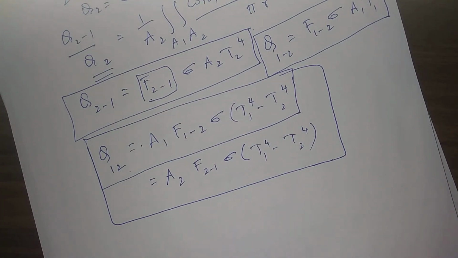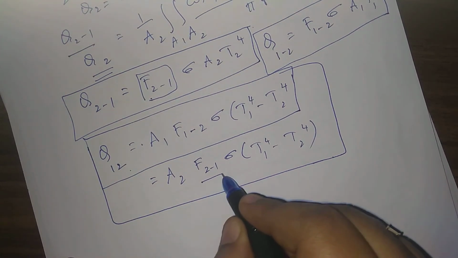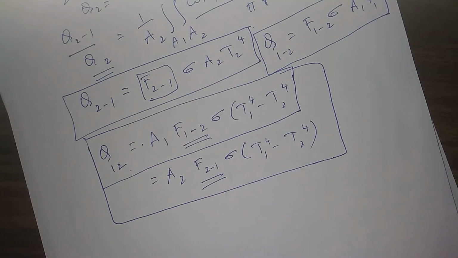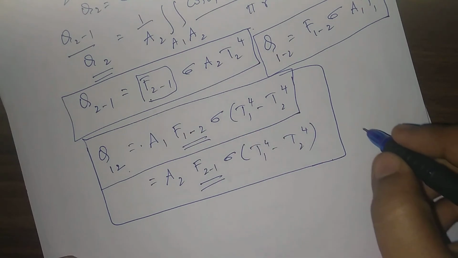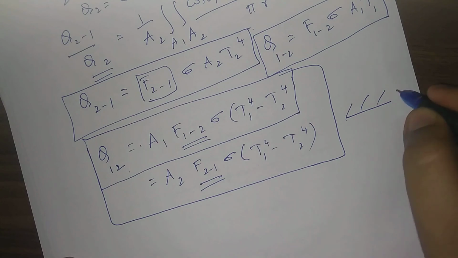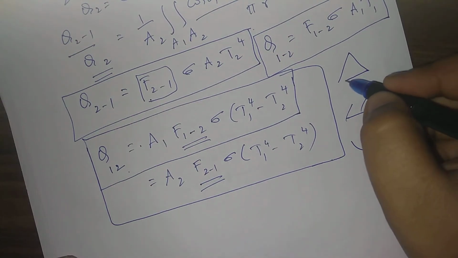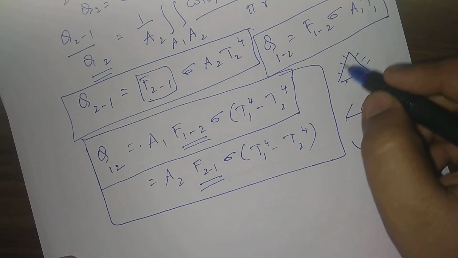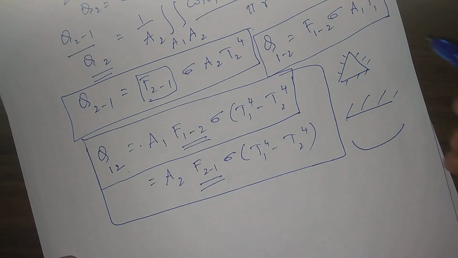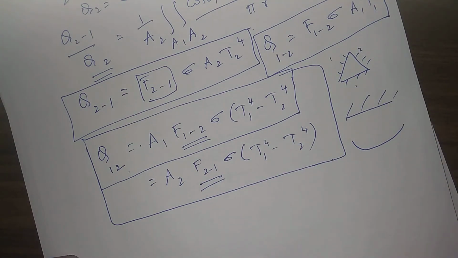Now in the next video we will throw some light on how to find this shape factor. The shape factor is different for different bodies. For flat it is some value, for conical it is another. Suppose a body is like this, how do we find the shape factor of this body? Every surface has a different shape factor. So we will throw some light on this in the next video.